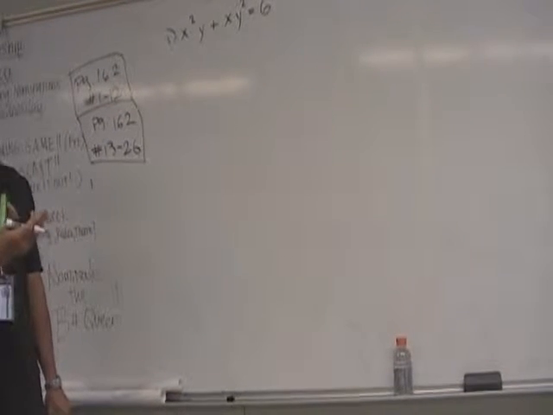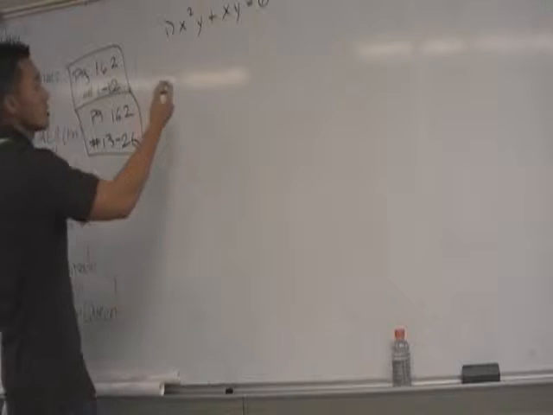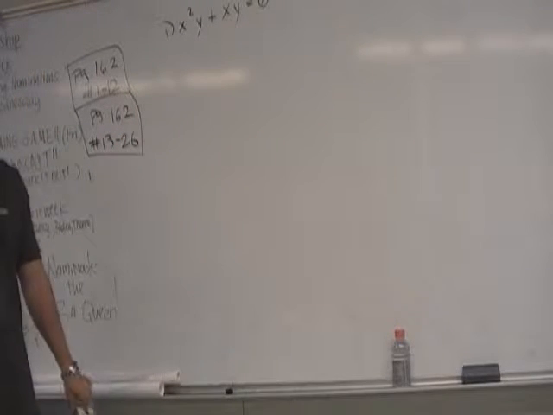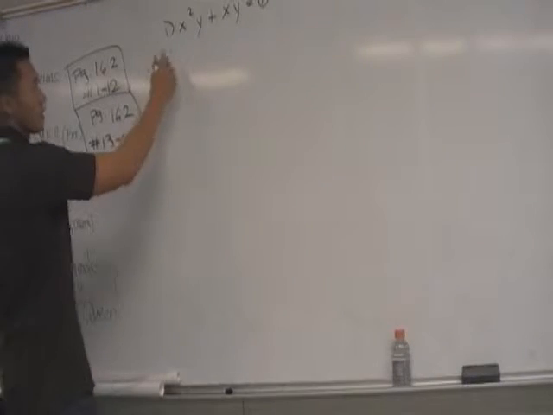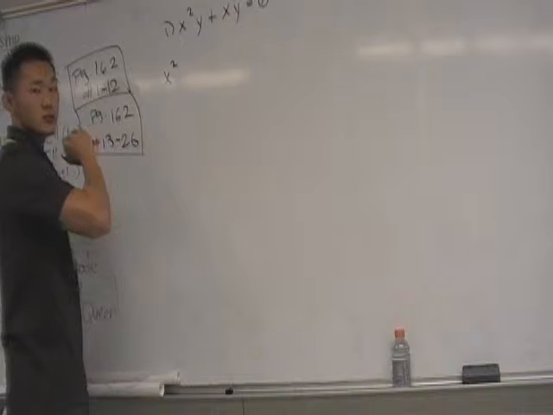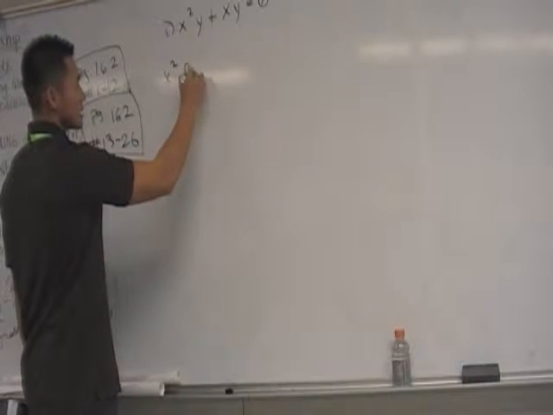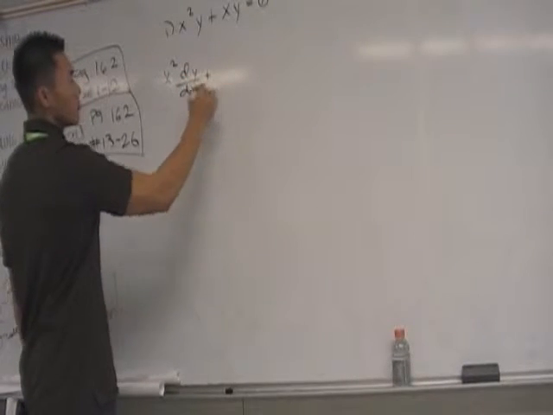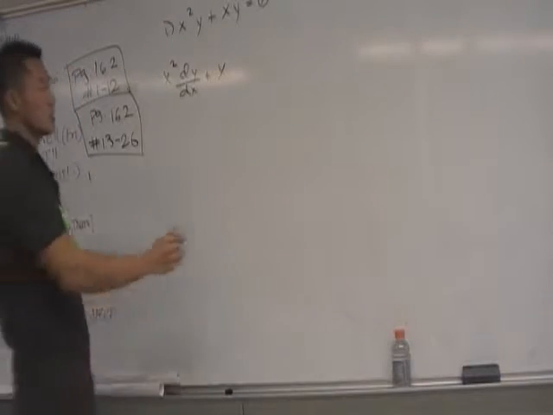Take the derivative of y, you need to write dy dx. Okay. So what's going on between the x squared and the y? You're multiplying, so you have to use product rule. So x squared times the derivative of y, which is dy dx, plus y times the derivative of x squared, 2x,